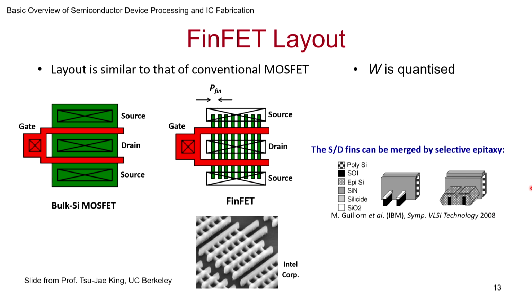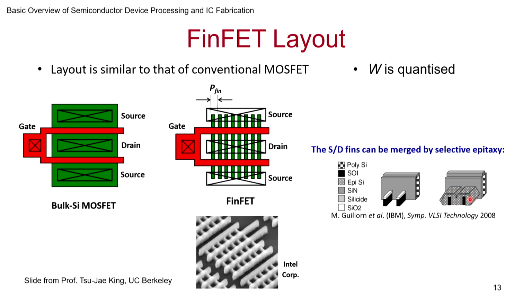Now I got another image which I picked up from an early journal. So you notice these are the two fins, and you have the source, supposing these are both sources, right? So you can connect this by epitaxially growing silicon all around it, and that way you have this only at the source side. Remember that under the gate it is remaining as it is, and similarly on the drain side also you can epitaxially grow this.